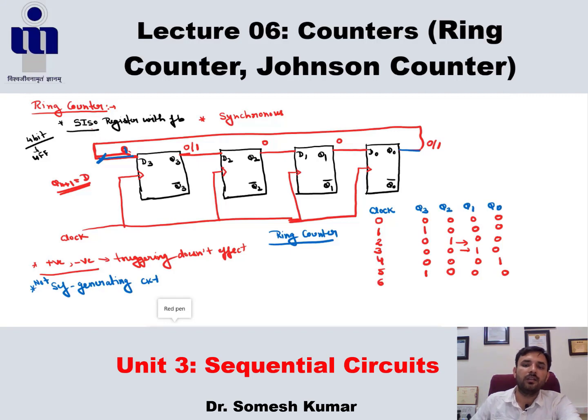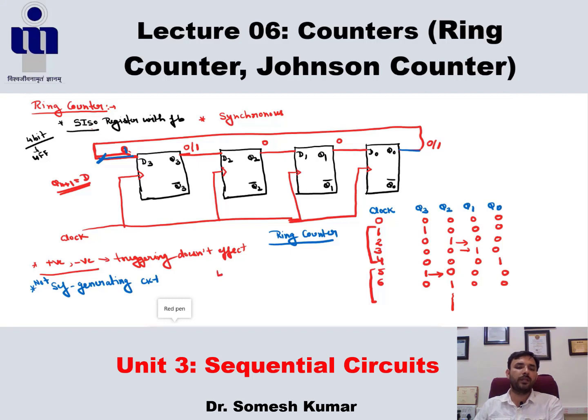Now in the sixth cycle, what happens? Now again this 1 goes to here, this 0, 1, 0, 0 and so on. Fine. So this process will repeat itself after how many clock cycles? After 4 clock cycles. See, from first to fourth clock cycle, this 1 is propagated from this Q3 to Q0. Now in the next clock cycle, fifth to again 8th, again this 1 is propagated from Q3 to Q0.